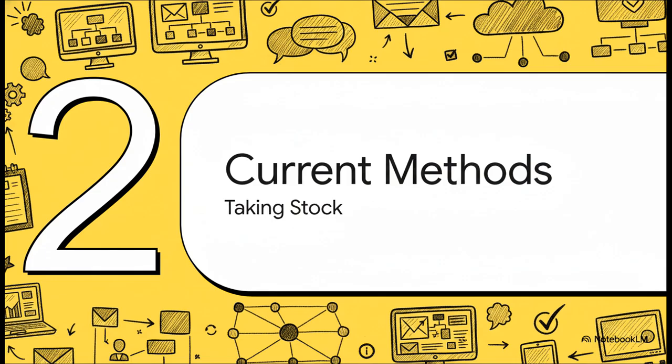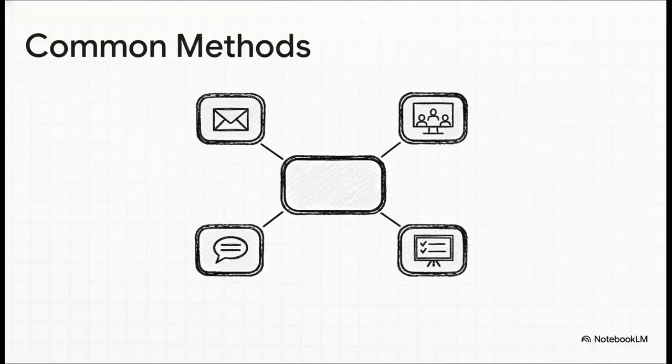This is where we identify the specific methods and digital tools that are currently being used for collaboration inside your organization. The source material outlines several common methods that will probably seem very familiar. For instance, email is often used for formal records, while meetings, virtual or in-person, are for group decisions. And for the day-to-day stuff, you've got instant messaging for quick updates, shared documents for co-editing, and project management platforms